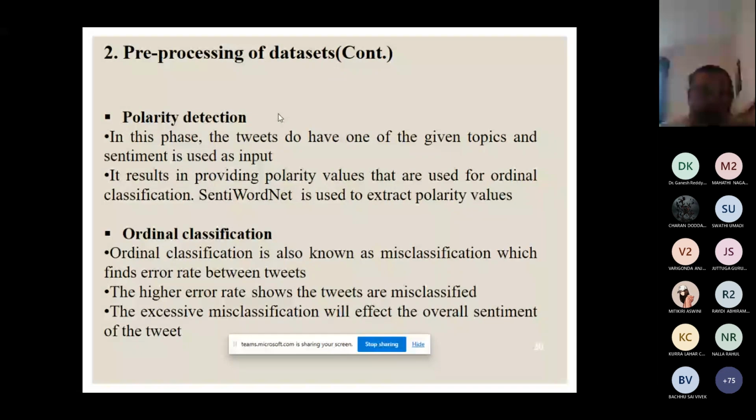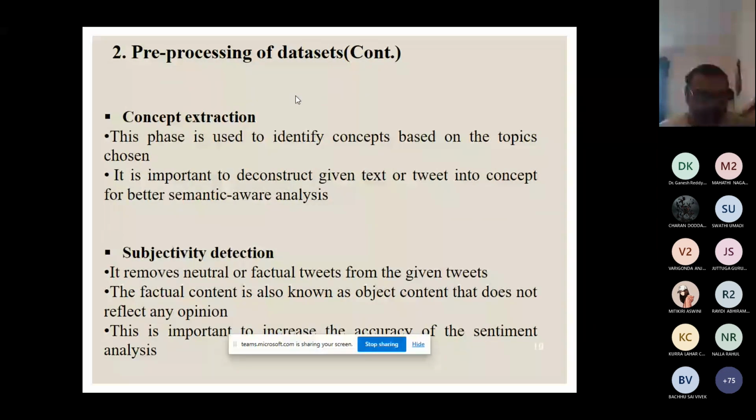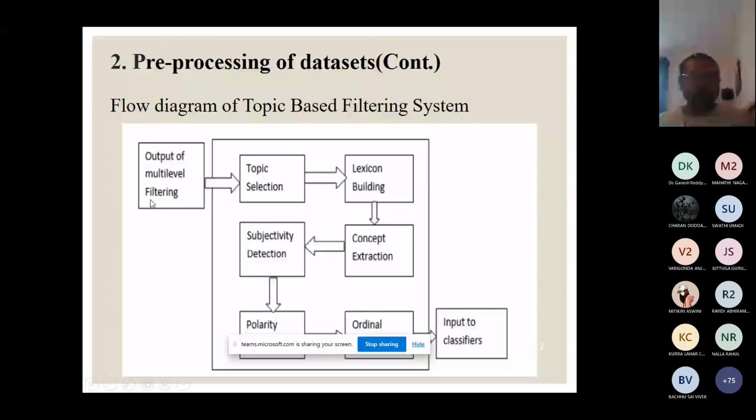This is the novel approach to the filtering and processing in a different way. I presented a paper on this and got a best paper award at NIT Trichy. So this is the framework. Again, I want to tell you about the multi-level data, which has an inclusion filter, relevance filter, opinion filter, and is given